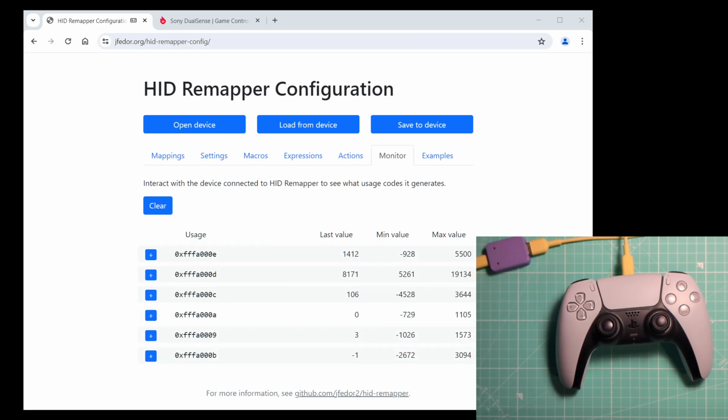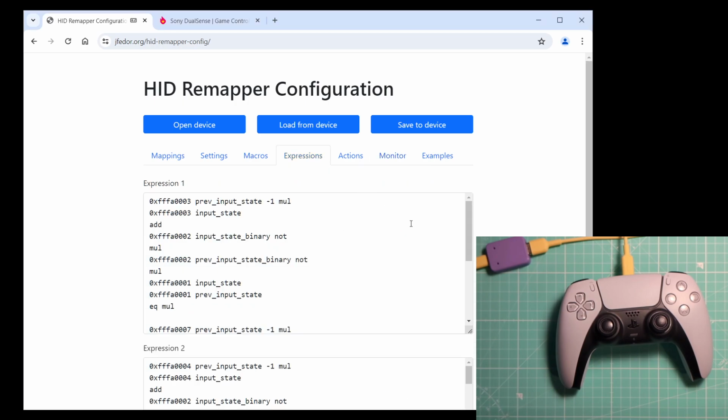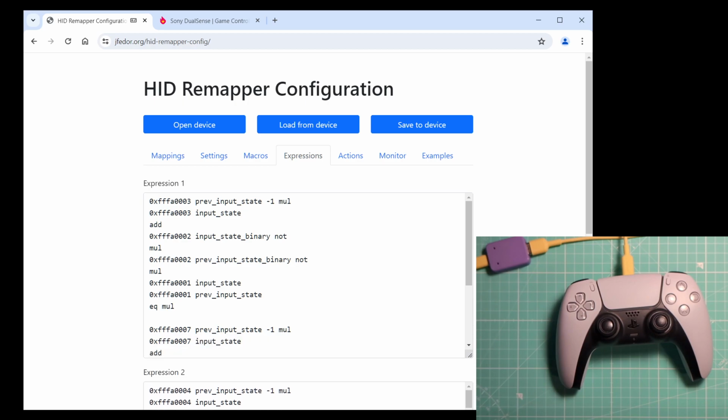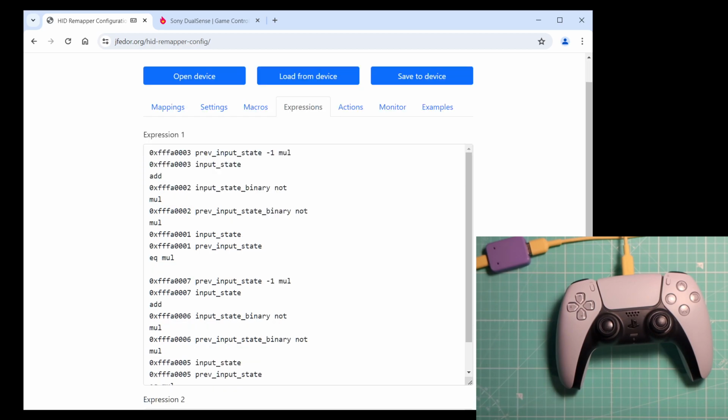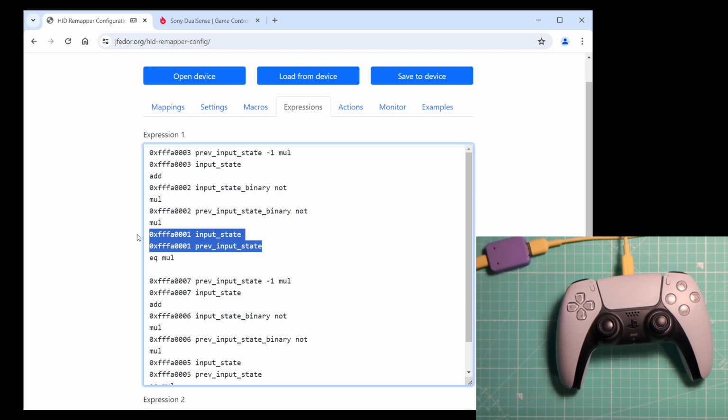Okay, let's take a quick look at the expressions from this example. They're slightly more complex than the ones that we have written earlier. In addition to getting the position deltas from both data points, they also check if the finger indexes match, and they check if a finger is currently touching the touchpad.